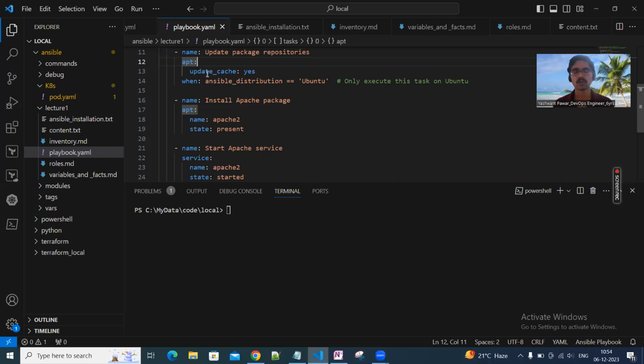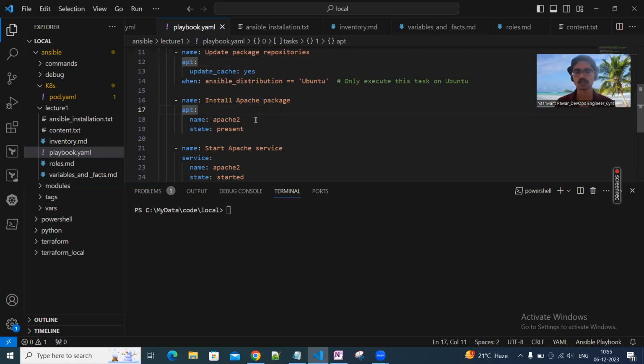Ansible has very good documentation for this, so we can explore and use the modules based on our needs. As you can see here, this is the apt module. What we are doing here is updating the package, and next is installing the Apache package. For that, we are saying name is apache2 and state is present, so that the Apache package will